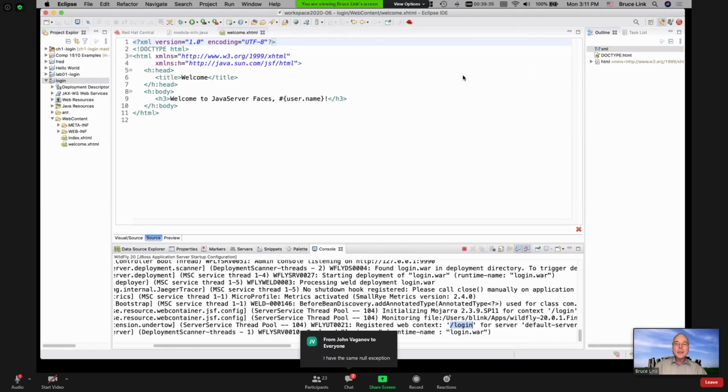Okay, so it's Sun JSF implementation. So you don't have the source code for that line, so you can't look into that. It wouldn't help you anyway. So basically, there's somewhere in that